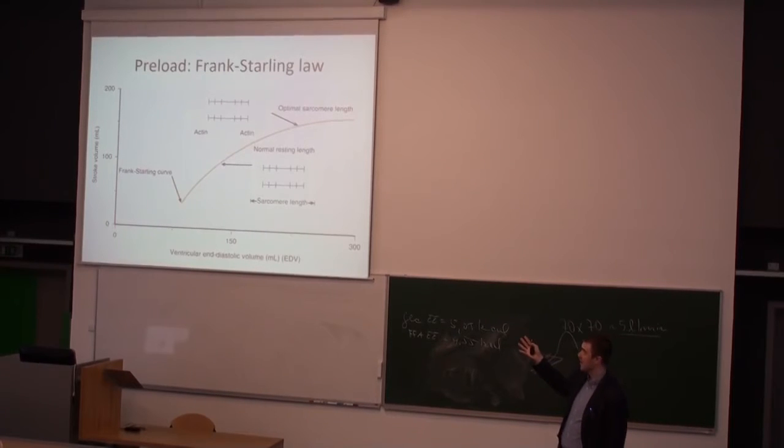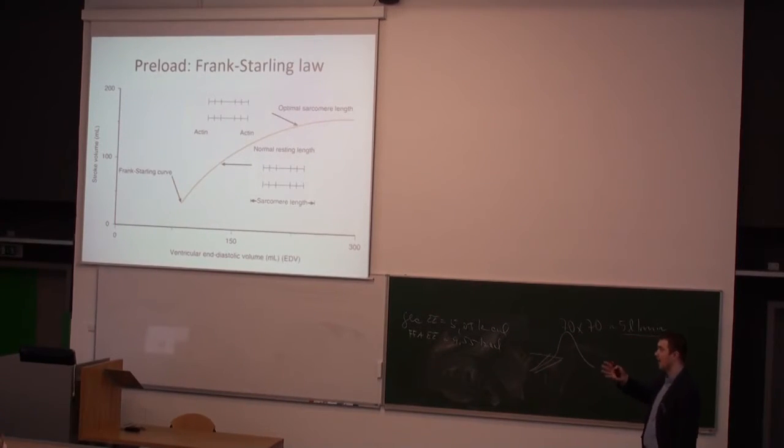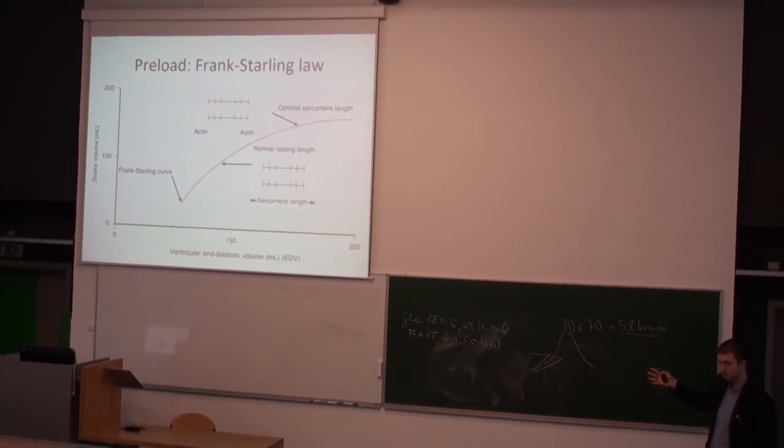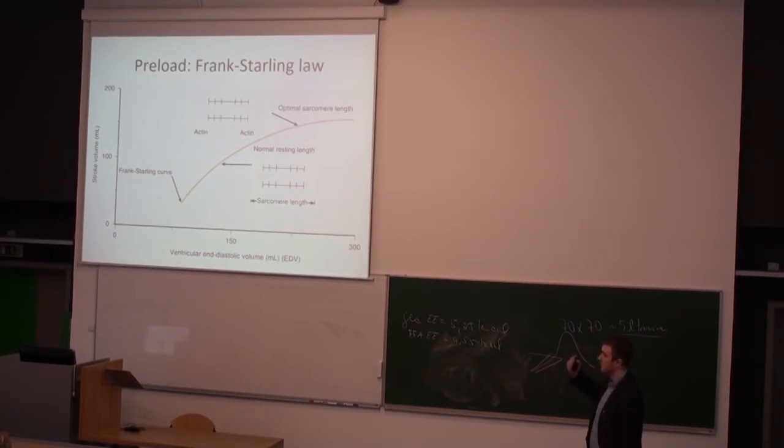And this postulates the Frank-Starling law that tells you that the bigger the end diastolic volume, that means the volume before the contraction, the better action of the heart. That means that the systolic output will be bigger. As you see here, you can reach some ideal point, and after this, when you reach the peak, you will go down. So the situation is very similar to the skeletal muscle.